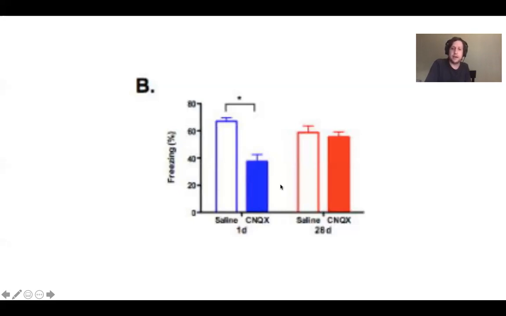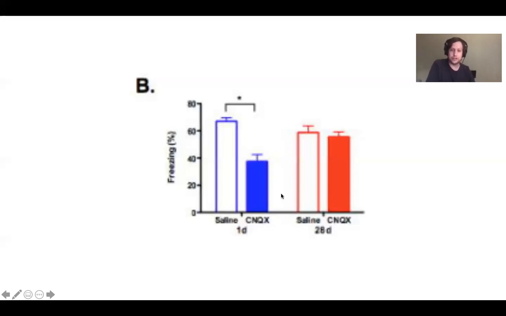That's because this is day 1, one day after they learned about the shock in this particular environment. When the hippocampus is damaged one day later, the hippocampus should be involved with the retrieval of this memory, but it's damaged, and so they have trouble retrieving that information that they had just acquired the day before. That's day 1, when the fear memory was freshly formed. Damage to the hippocampus makes it difficult to retrieve that memory, which results in less freezing behavior.